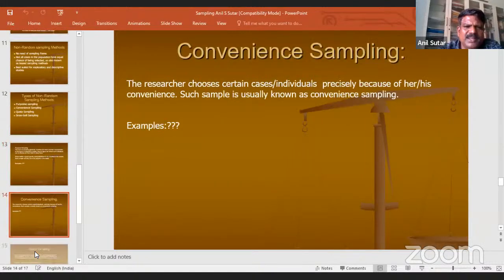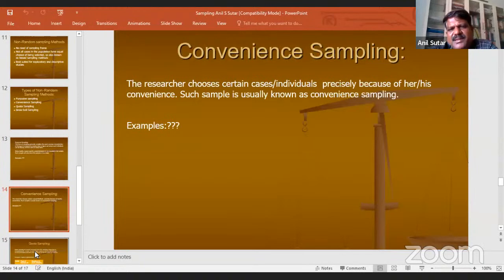Then convenience sampling. This is quite interesting and quite a commonly used method, convenience sampling. Even I asked, why you want to study management teachers in Mumbai? Whether management teachers in Mumbai are very distinct from management teachers in Delhi and Bengaluru. Is there any distinctness, uniqueness?